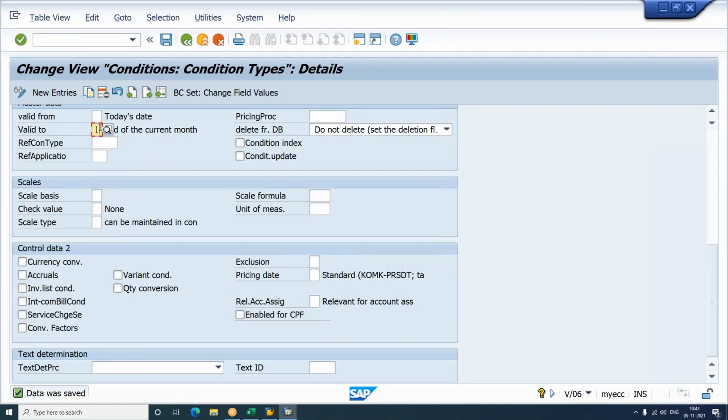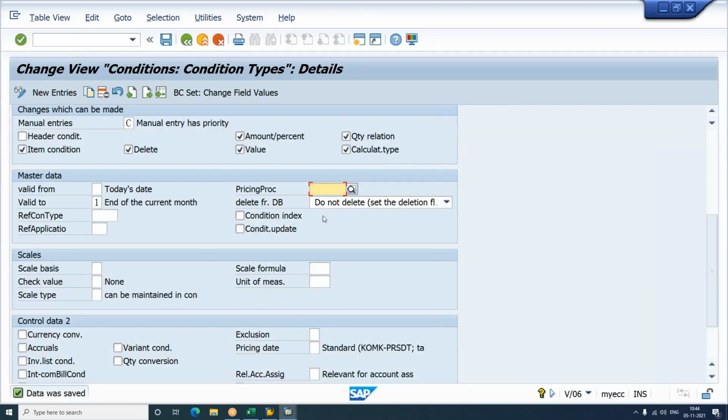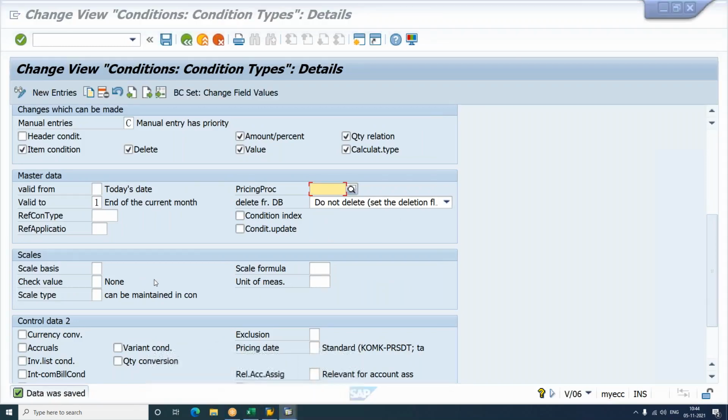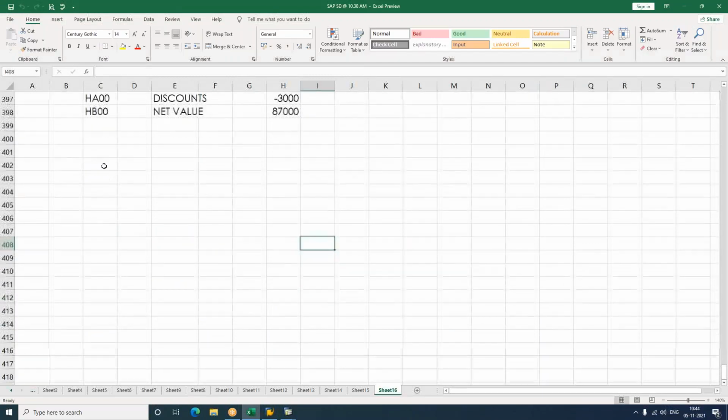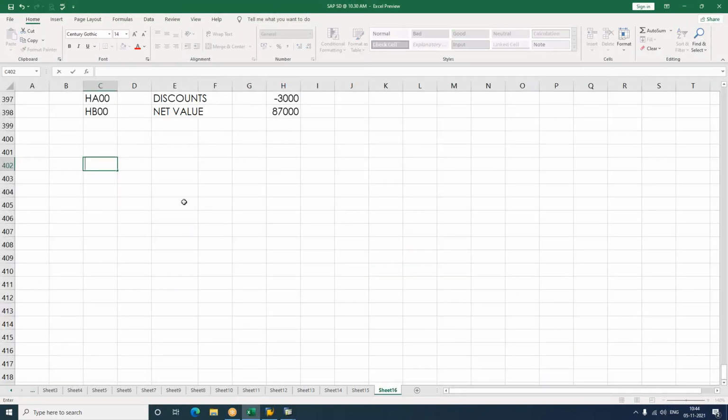Okay. Now, next one which we need to know over here is the pricing procedure functionality. Now, to use this particular pricing procedure, we need to work with a topic called condition supplement. We need to work with a concept called condition supplement over here. Now, what do you mean by this condition supplement and how does it work? Now, this is nothing but to offer bulk discounts to the customer